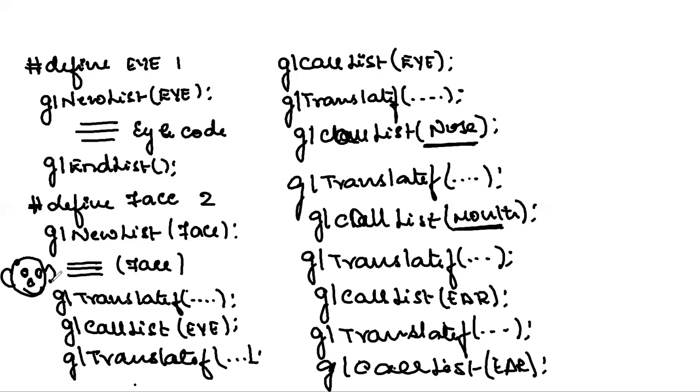Now, if you can see here, I have written a glNewList that should have an equivalent glEndList. So I'll say glEndList, and this will take no arguments. And by writing this in detail, you would be able to display this simple smiling face.